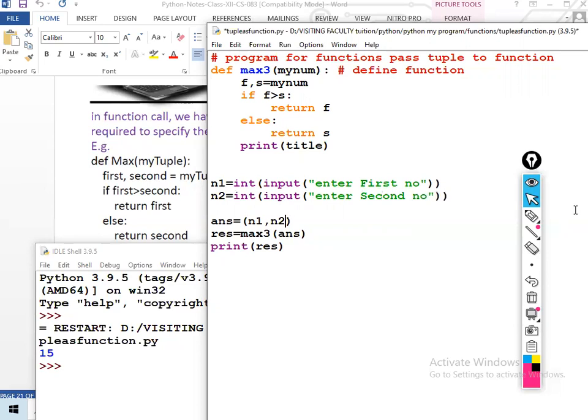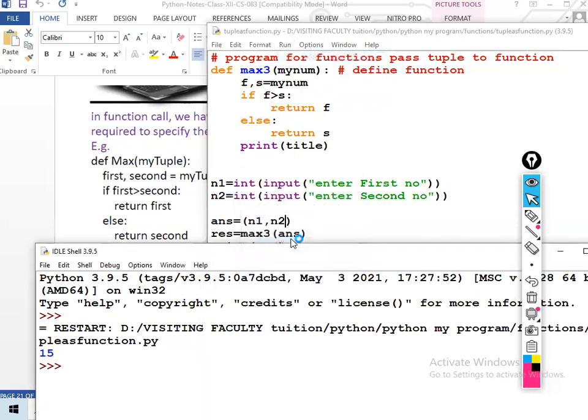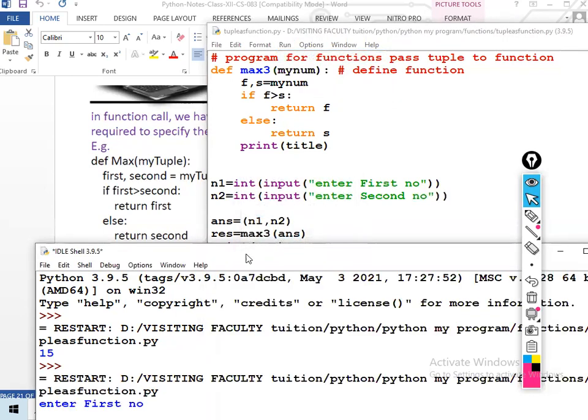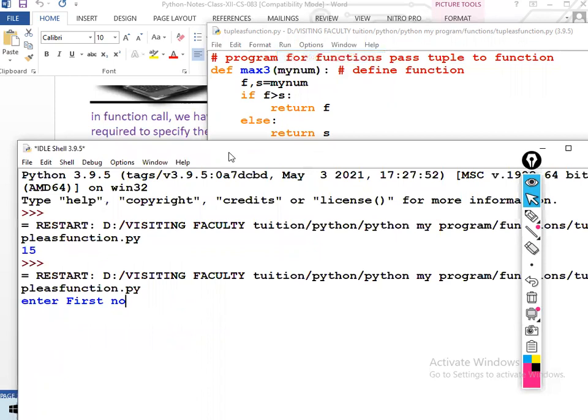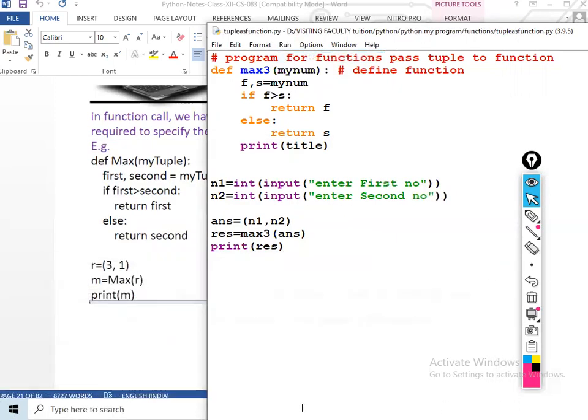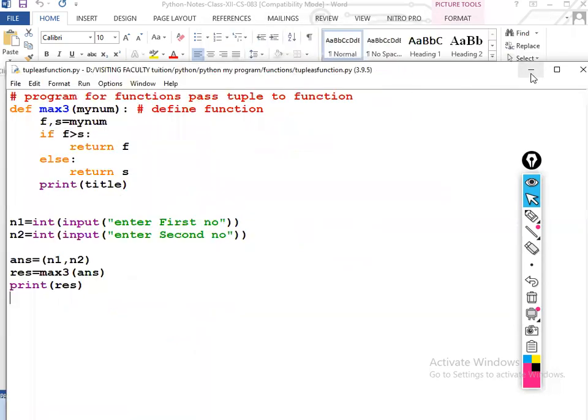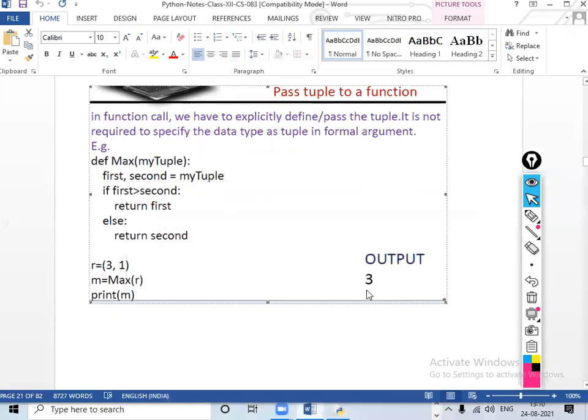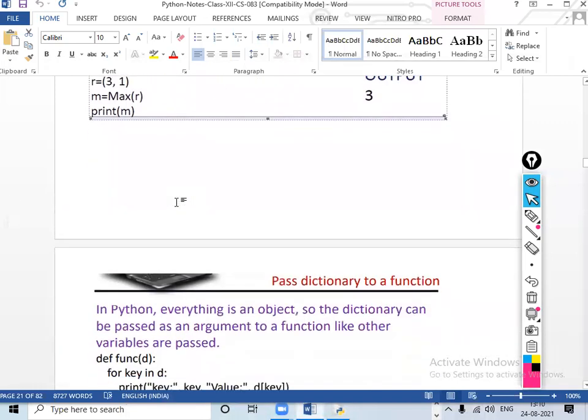Whatever number is greater, it will be assigned. This is the passing of tuple. For example, first number 54, 85, the second number will be greater. Now this is the meaning of how to pass tuples as arguments to a function. That is the most important thing.